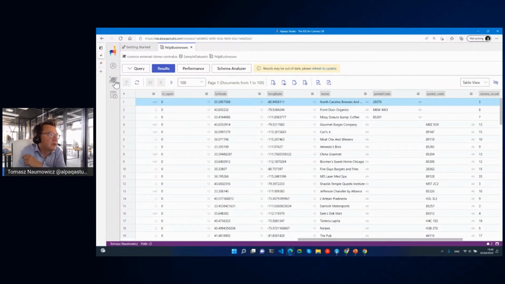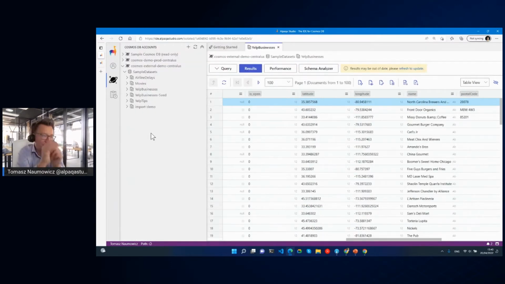So when we interact with the data, we often do some edits, we often do some changes, as I did now. And that's something that happens very often in dev. So you're building an application, you're testing something, you want to get your test data back in and see how your application behaves. And that asks for some easy way of moving data around within Cosmos DB. And we started doing that. We have the first iteration ready for you. So what you can do with Alpaqa Studio is you can really easily copy and paste containers. So it's really a small Azure Data Factory built in Alpaqa Studio for those small operations,